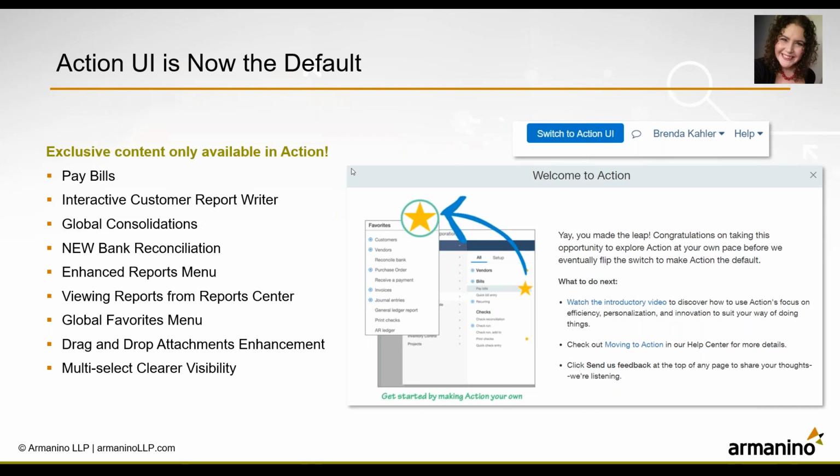You'll see it in the top right-hand corner next to your name if you are not already in the Action UI. So there's a whole bunch of features that they've been issuing over the last year and a half or so that are now only available in the new user interface, the new Action UI. And that's the new AP pay bills. They released that last summer, and that allows you, the AP workbench, sometimes referred to as, much easier to apply credits that way. The interactive custom report writer, global consolidations, the new bank reconciliation module that was done in this